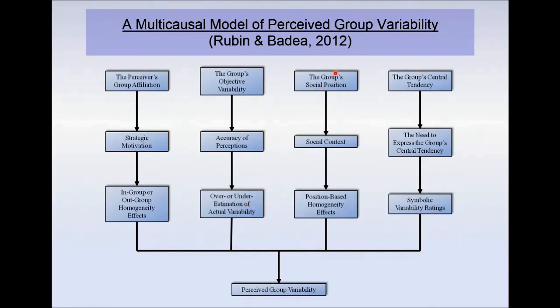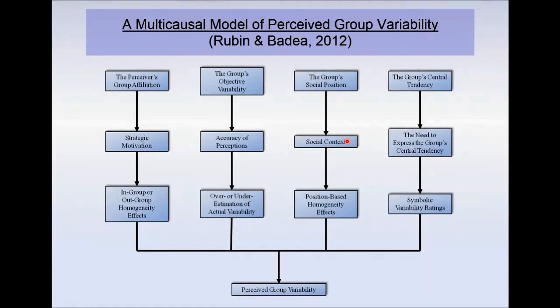Also, the group's social position we talked about, whether or not you belong to a group that's high or low status, has a lot of power or very little power, has a good social position or not a good social position, is a majority or a minority group. All of those things, depending on social context, can create position-based homogeneity effects. Social context, like I've been saying, is important because in some cases, being a winner might be good for you and therefore produce homogeneity effects. And in other cases, being a member of a powerful group may actually produce